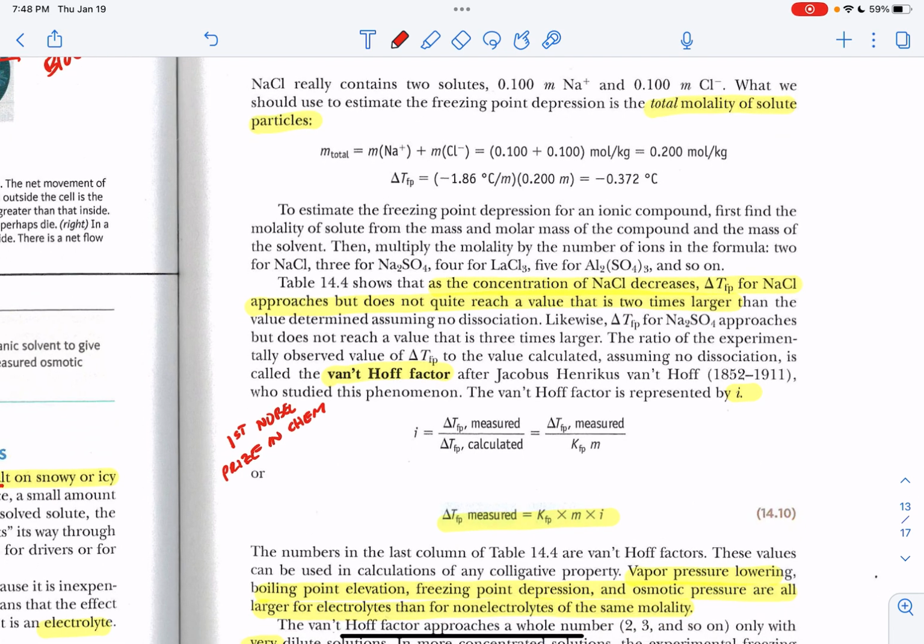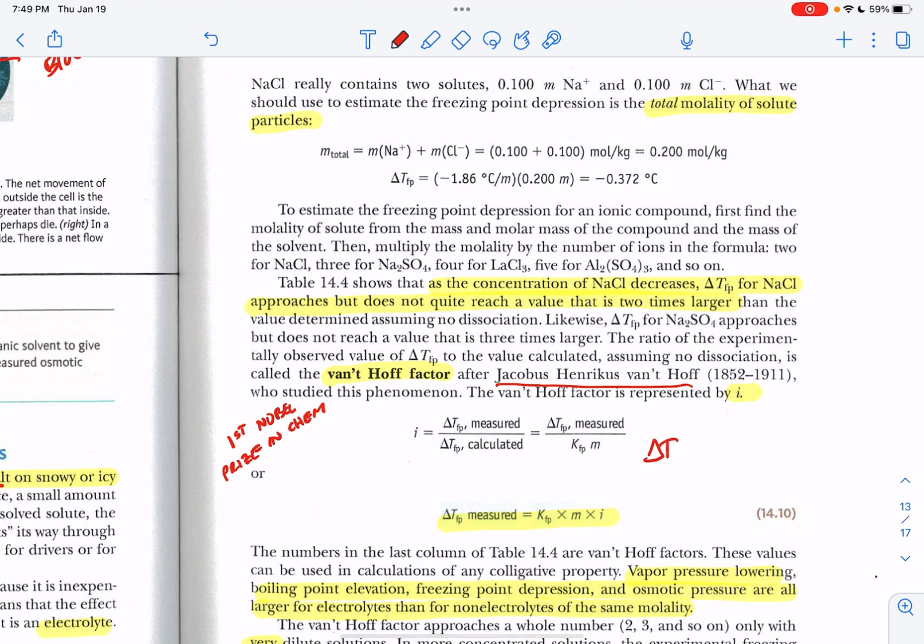And the Van't Hoff factor is named after a Dutchman who happened to be the first recipient of the Nobel Prize in Chemistry, way back when the Nobel Prizes began to be awarded about the turn of the century, from the 19th into the 20th century. And the way that you calculate that Van't Hoff factor is you use the equation that your